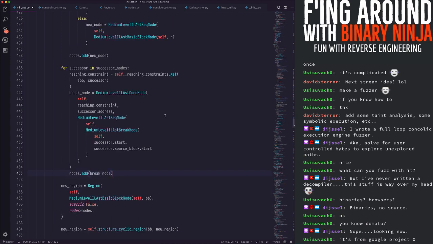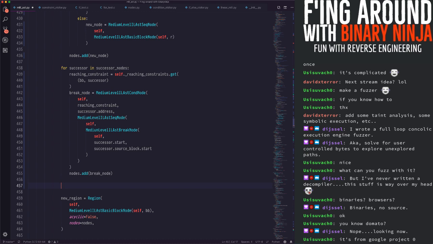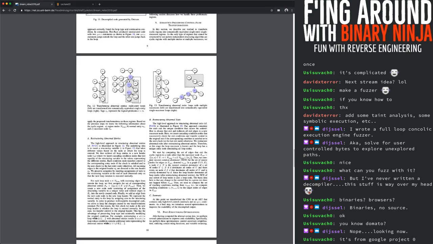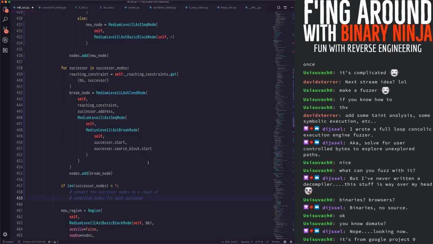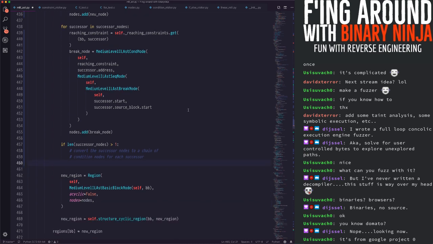I think what we do then is, if len successors nodes is greater than 1, then convert successor nodes to a chain of condition nodes for each successor. And then we just pick a successor, I guess. All right, so then